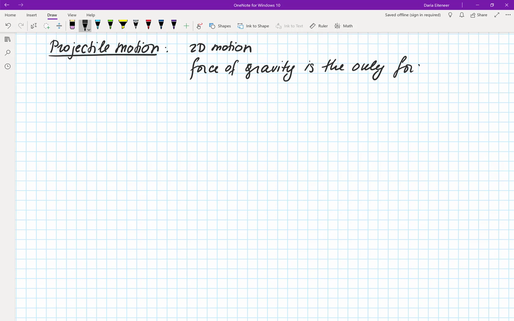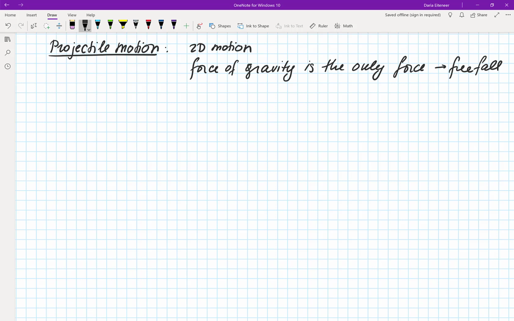So right away, you hear the term force of gravity, especially when I'm telling you that it's the only force. Again, considering we haven't really discussed any other forces just yet. But this would tell you that we have a free fall situation. Okay, so 2D motion, but free fall. The shape or the path doesn't matter as long as you recognize that the word free fall represents